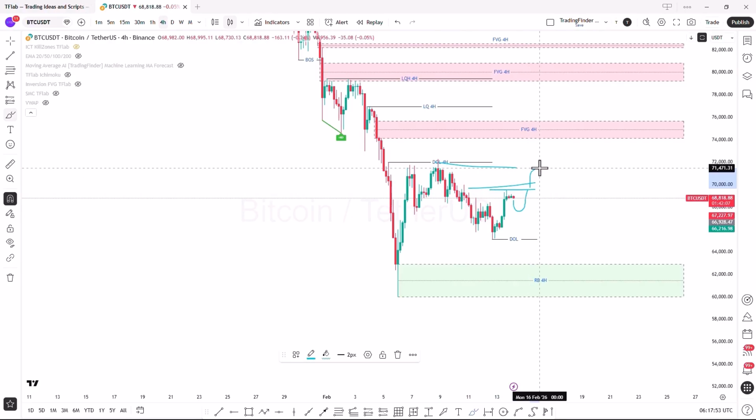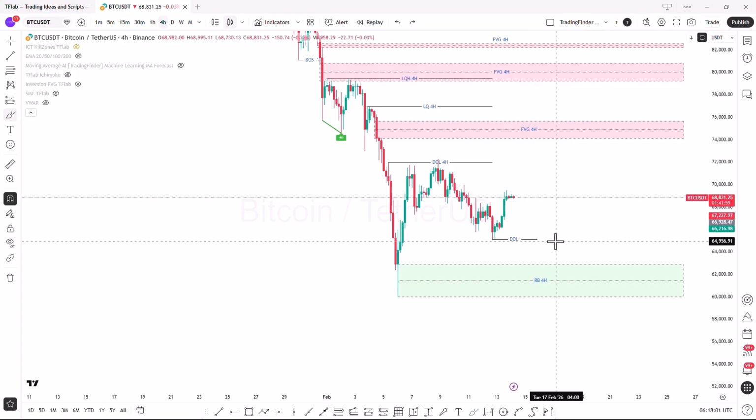Ultimately, if there is no liquidity in the market, it could be rejected from this area and move downward. It would continue its downward trend towards the sell side liquidity and the important liquidity levels.